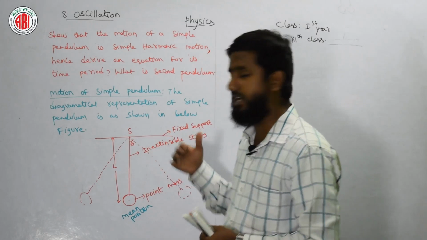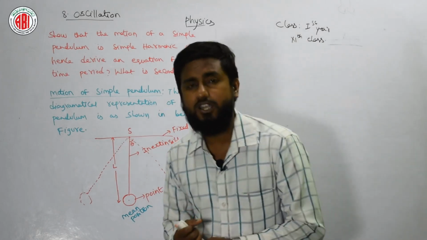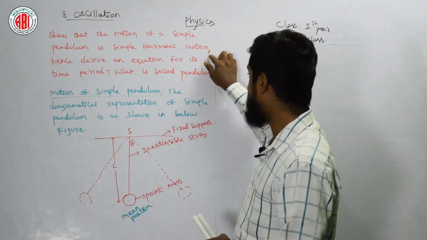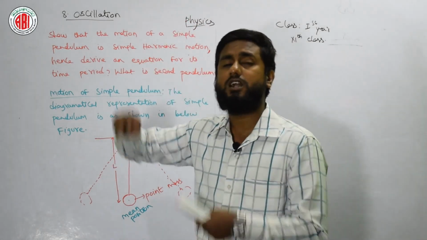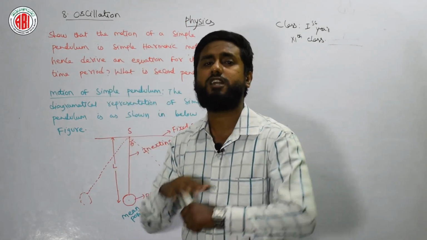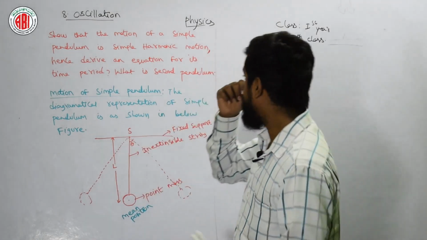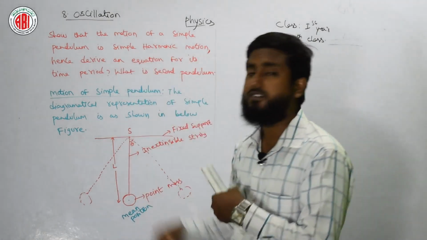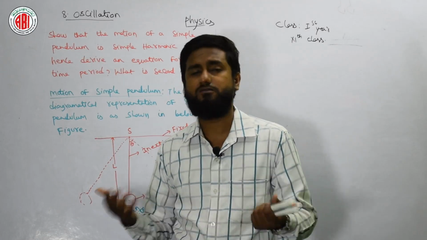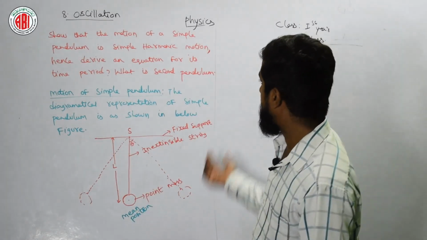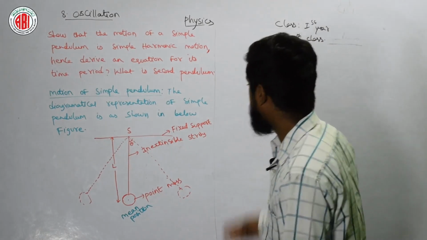This means you need to write up to this only, and sometimes after asking this they will give you some problem. You need to solve that numerical and go through this answer so that you get the complete 8 marks. But in this answer we need to derive one more equation related to the time period of the simple pendulum. I want to rough the complete board. If you want you can copy down this.